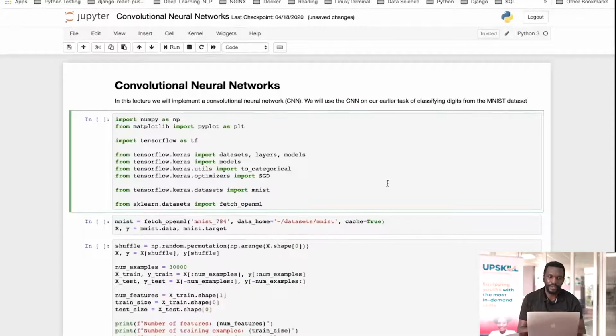Okay, so we're now going to look at convolutional neural networks in code in Python. We're going to see how we can create convolutional neural networks, and compare with what we saw earlier on with the basic neural networks, and see how these can provide an improvement in terms of accuracy. So we're still going to work on the same image classification task, and we're going to use the MNIST